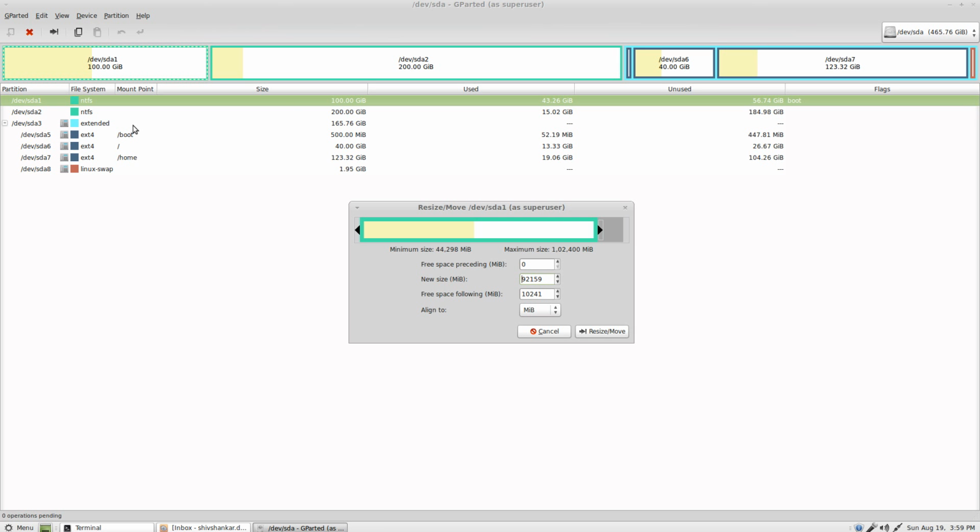But if you have only the C drive, as in the case of a new laptop, you will get a new partition, a new free space block, and then in that free space block you can create Linux partitions, and then you can